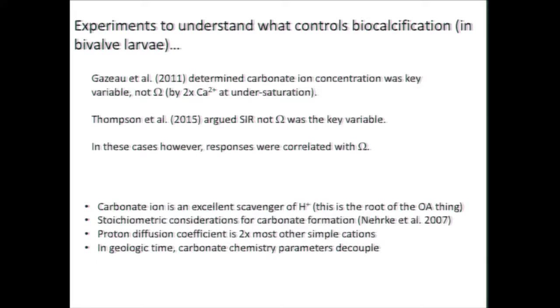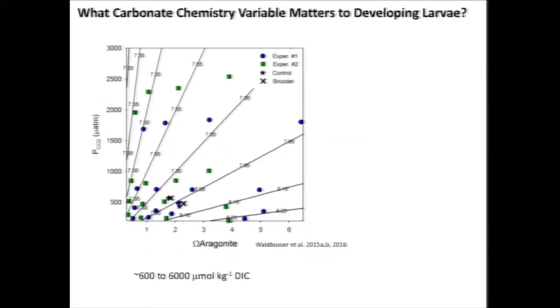So I'm going to walk you through some of these experiments quickly, and then get to a way that we can actually disentangle the carbonate ion and saturation state. Okay, so here's what we did with these experiments. Effectively, you can decouple the carbonate ion from these other parameters more or less by playing around with the DIC concentrations and the relative amounts of alkalinity, so the ratio of DIC to alkalinity.